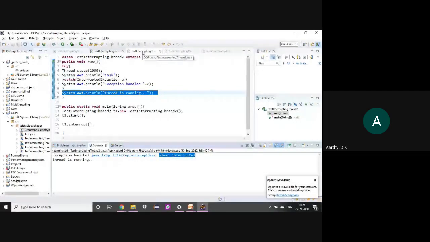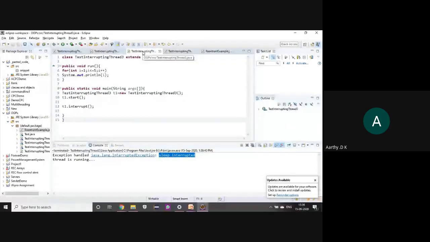And the third example is you are interrupting a thread which is not in sleep or wait. So what will happen? It will just execute whatever it is supposed to execute, and it will stop. So this doesn't make much sense. Instead, what will happen is your interrupt flag will get set to true.